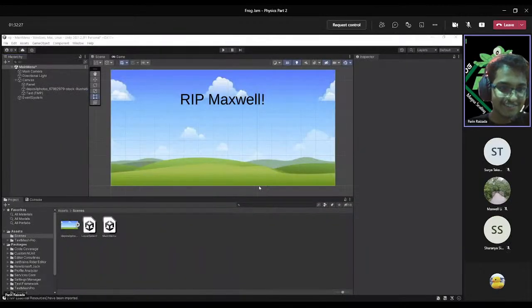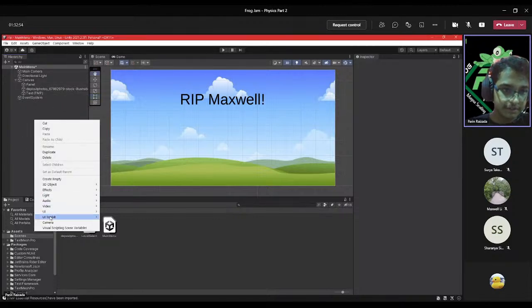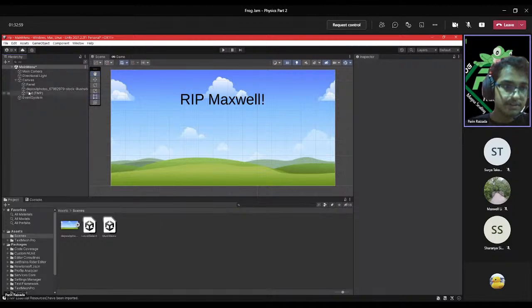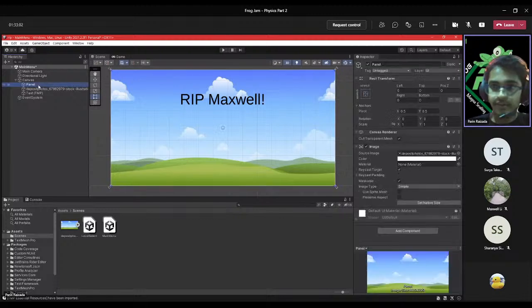All right, so I went a little bit ahead of myself, but I can tell you what I did. First of all, I made a scene called level select and another scene called main menu. And for the background, on the main menu scene, I right clicked, I went to UI, then I go to panel. So you can see this panel's right here. So on that panel,